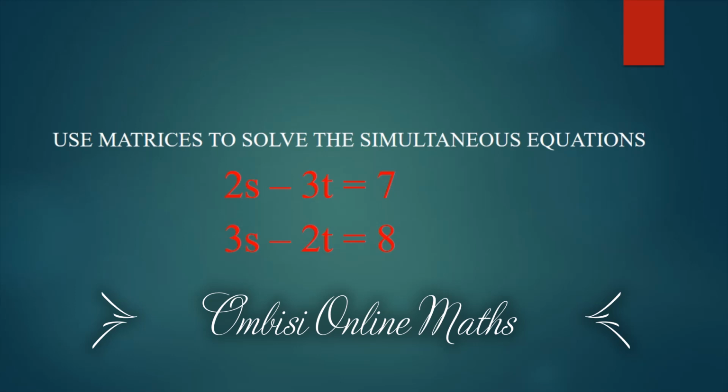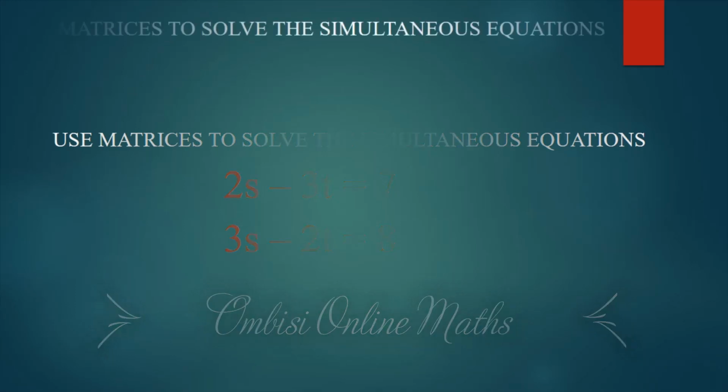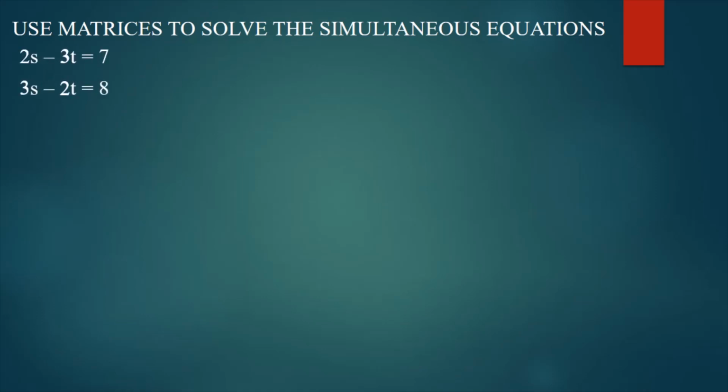systems of linear equations. Now, looking at the presented system of equations, the first thing for us to do is to derive our matrices from the presented linear equations. So our matrices are 2, 3, 2, -3, 3, -2. Then our unknowns are S and T. Then this one equals 7 and 8. So since we have our matrices here, the matrix on the left hand side, we are going to use it